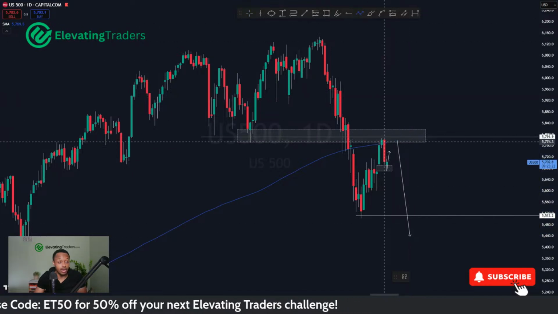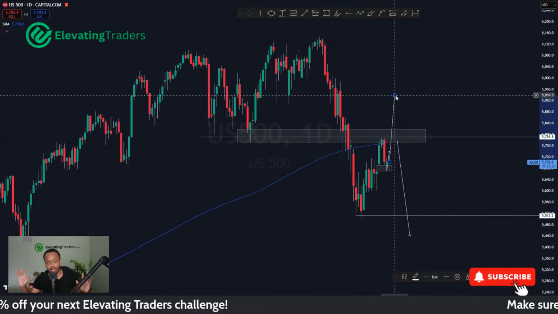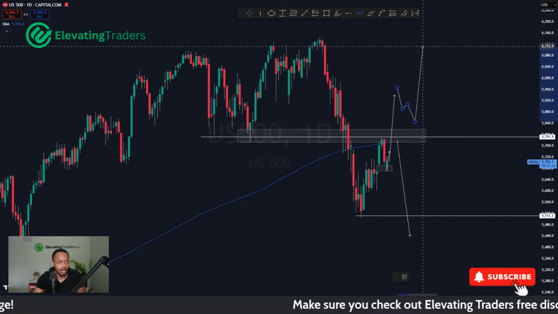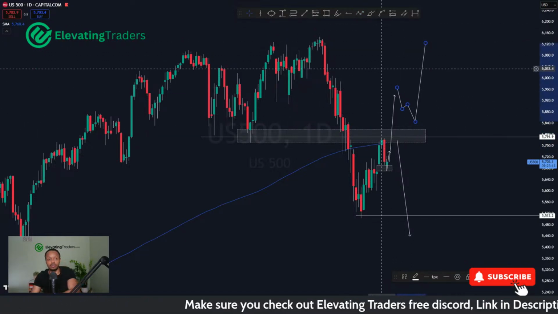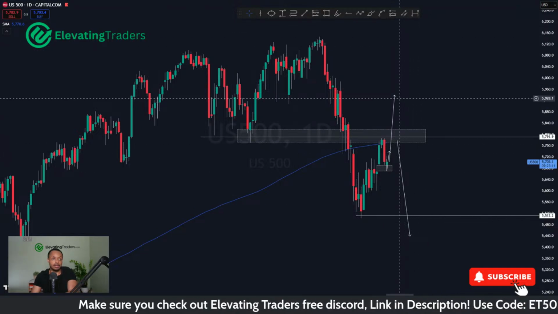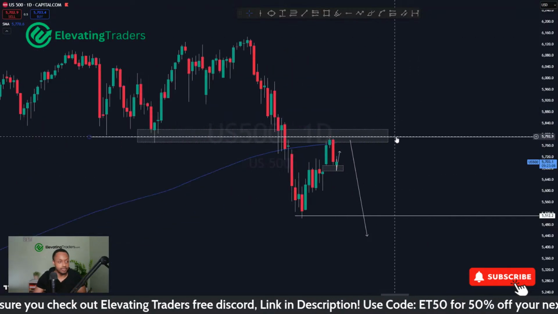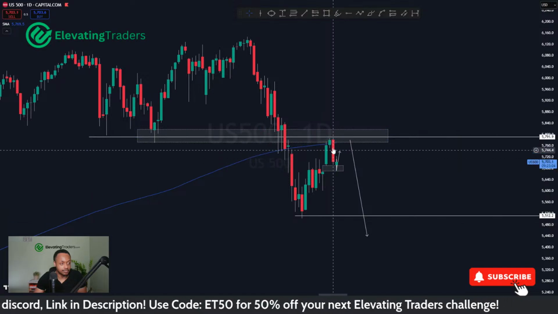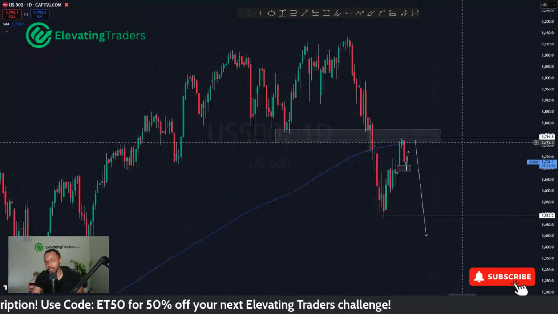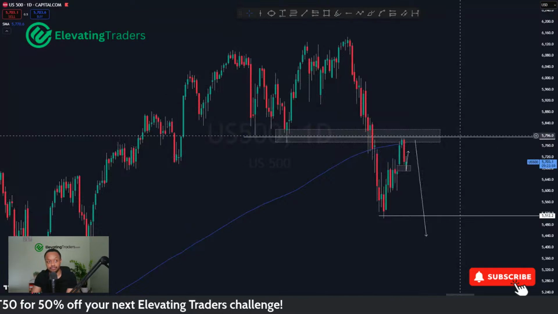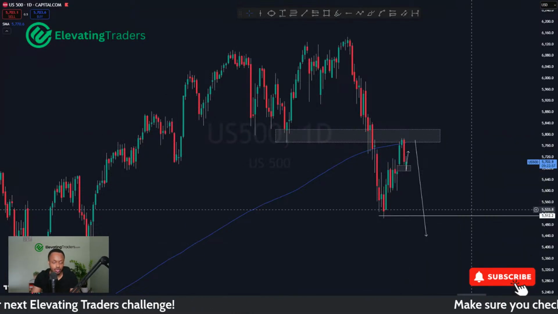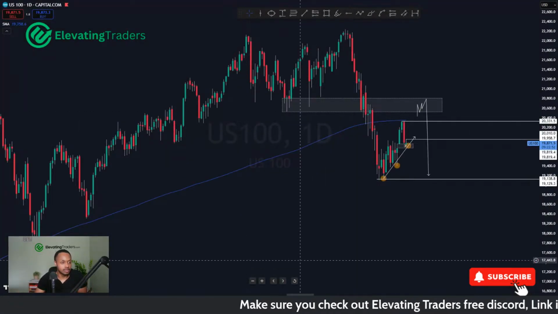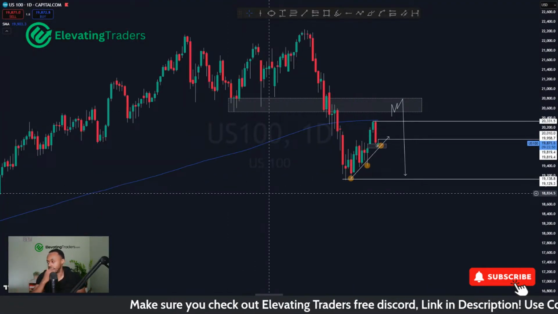Of course, if you go and break through this and break to the upside, I'll stand corrected. S&P is looking bullish again. Corrections and continuations will be the plan from then onwards. But we have to do that first. We have to break above that resistance, which so far we failed to do that miserably yesterday with that bearish candle. So yeah, things are looking pretty bearish for S&P as a whole. Of course, we did see that happen as well with NAS, just not at the level. So I'd watch out for that.